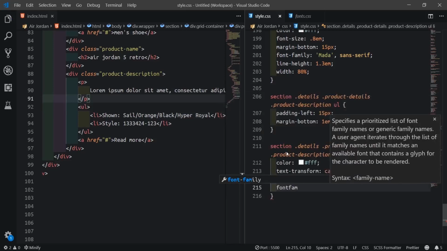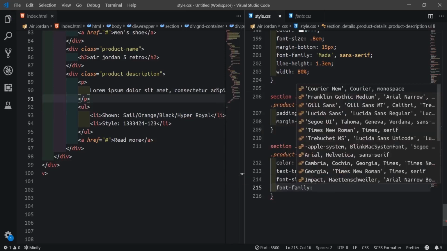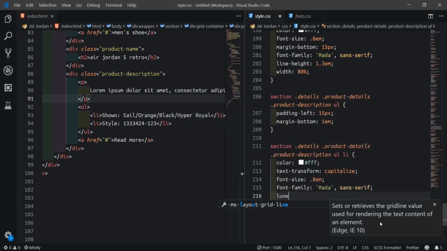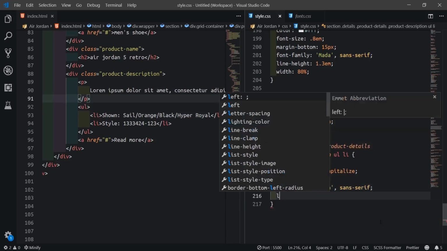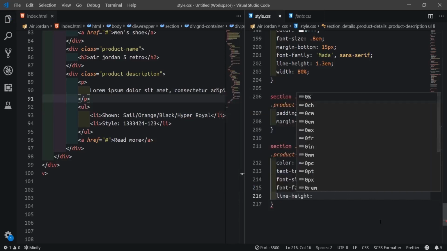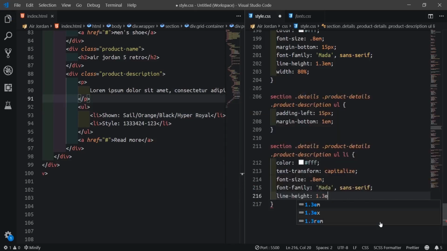Font family, we use Mother. Then line height will be 1.3 em. So let's see.